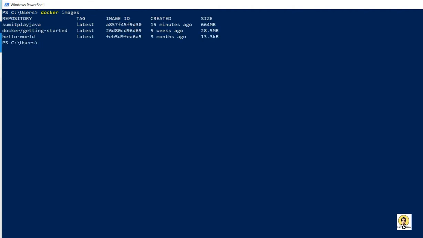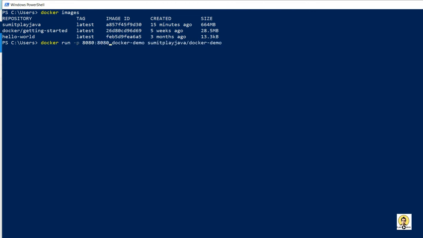Now to run the image which I have just pushed to my repository, I will write docker run, so that it will not be coming from the local system, but from the repositories in Docker. So I will type docker run, and I need to provide the port also, to what port I should run.